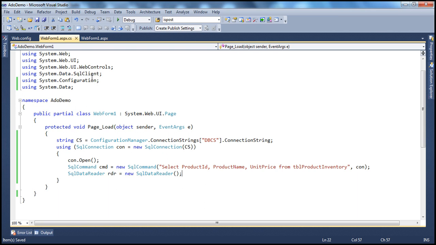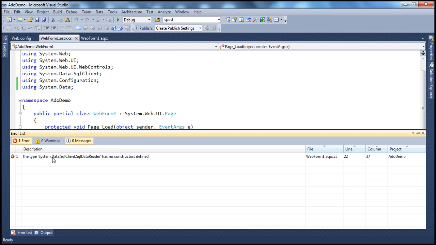Okay, now let's build the application. Go to the build menu, build solution, and let's look at what happens. Look at this. We get a compilation error stating that System.Data.SqlClient.SqlDataReader has no constructors defined, meaning it's complaining that